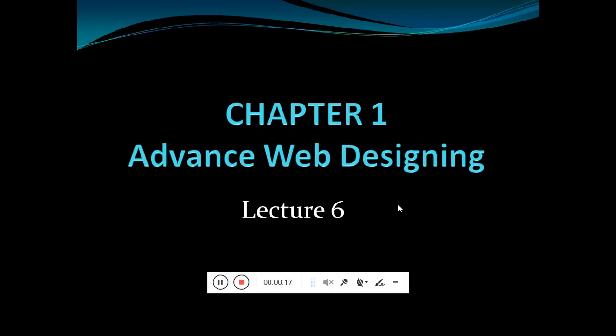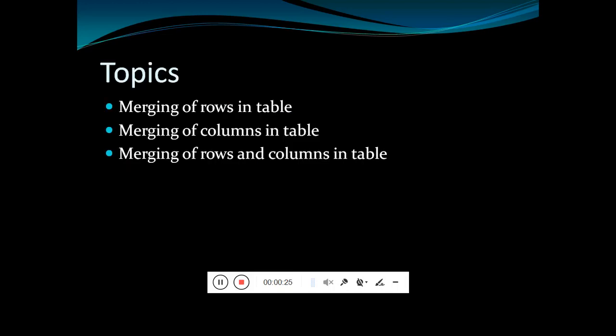The topics we cover in this particular lecture: that is merging of rows in a table, or we can say merging or spanning of rows in a table. The next topic, that is merging of columns in a table or the spanning of columns in a table.